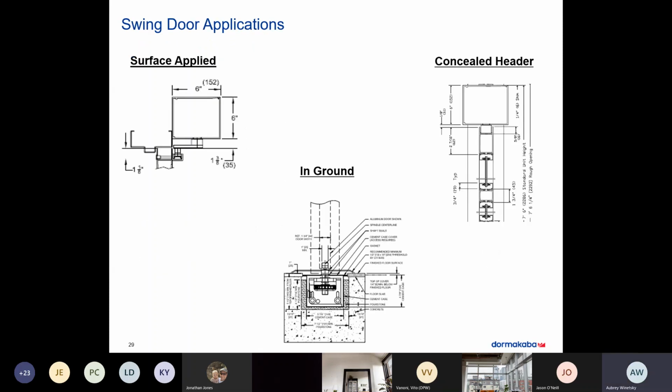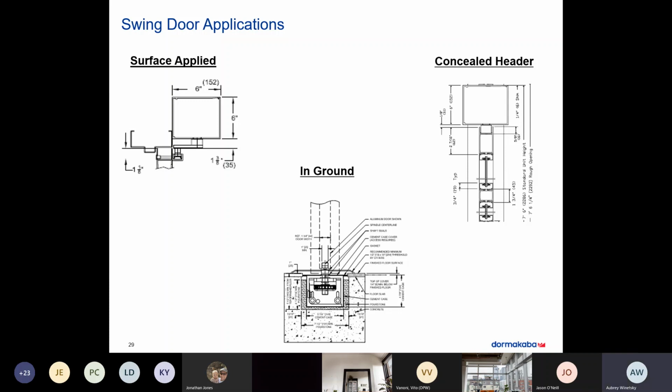So just like sliding doors, there are different ways that you can mount swing door headers. I would say probably the most common type is a surface applied header. The box goes above the door, it's surface mounted, the arm attaches to the door. It can be attached on either the outside or the inside, and you have either a push or a pull operation. There's a concealed installation where you conceal that header within the framing of the door, just like on a sliding door that we talked about. And then one of the newer kind